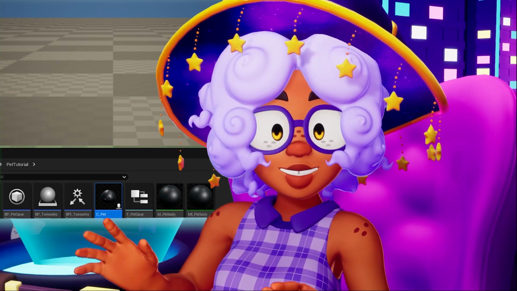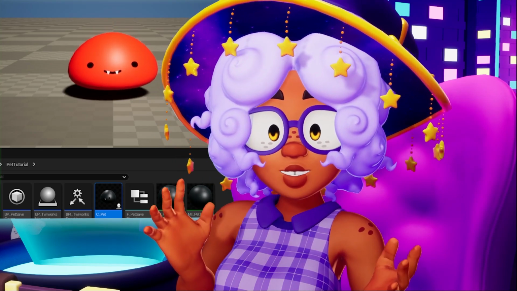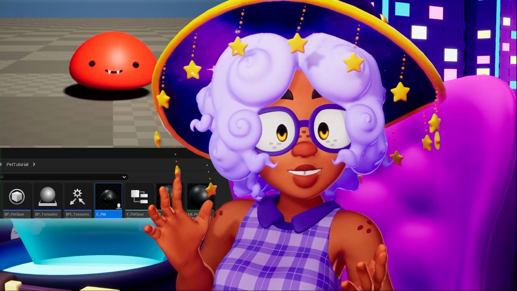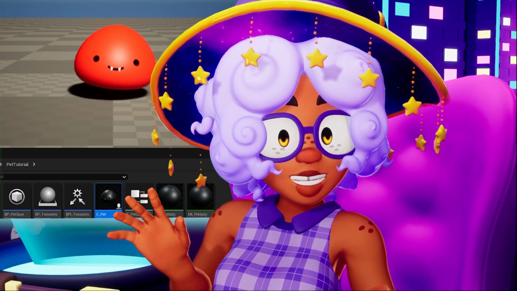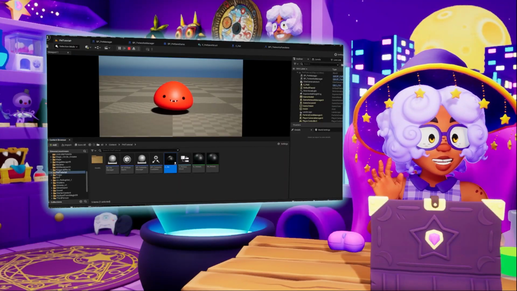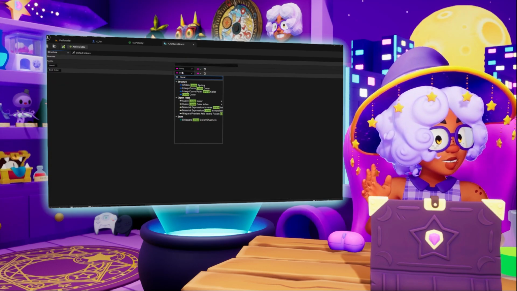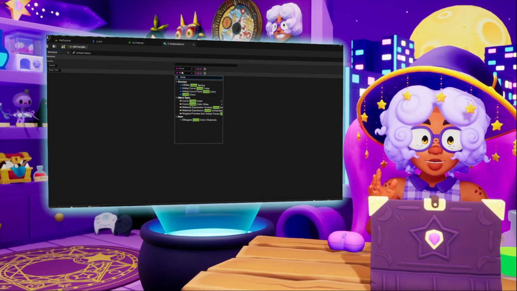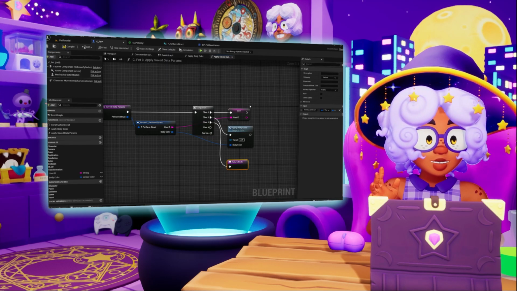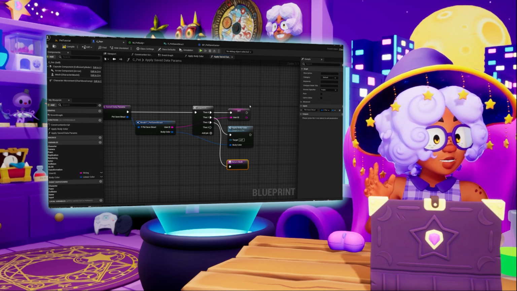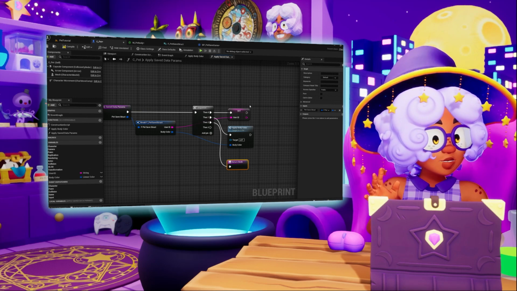It automatically retrieved our boy, and with all the changes that we made to them. Very nice. Now, I know that was kind of a lot of work to get that one little thing to happen, but the way that we built it should be a good modular foundation for adding new features in the future while minimizing spaghetti code. If you ever need to add a new feature to your pet, what you can do is add any necessary variables to the save structure for the class, give the pet a function for changing those things, and then add whatever that function does to your apply save data param sequence.